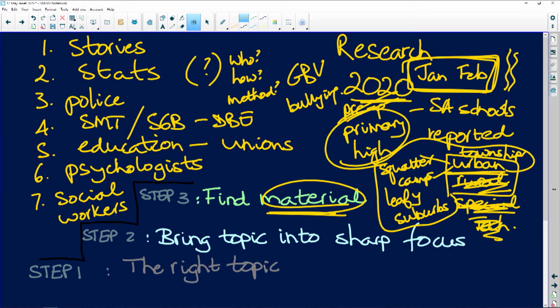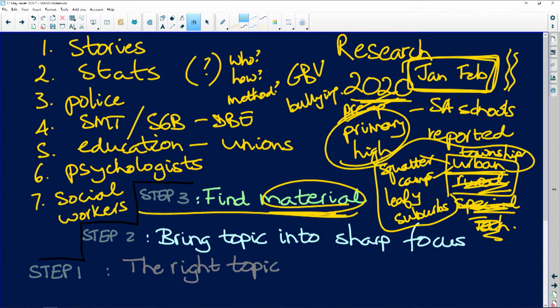Now, you might find a whole lot of other material. Then you need to decide, am I going to use 2018? Am I going to use 2016? Am I going to use something coming out of Singapore? Is it relevant? I might find a quote from an American psychologist that is very interesting in relation to South Africa. So yes, I am going to take this report that I happen to stumble across.